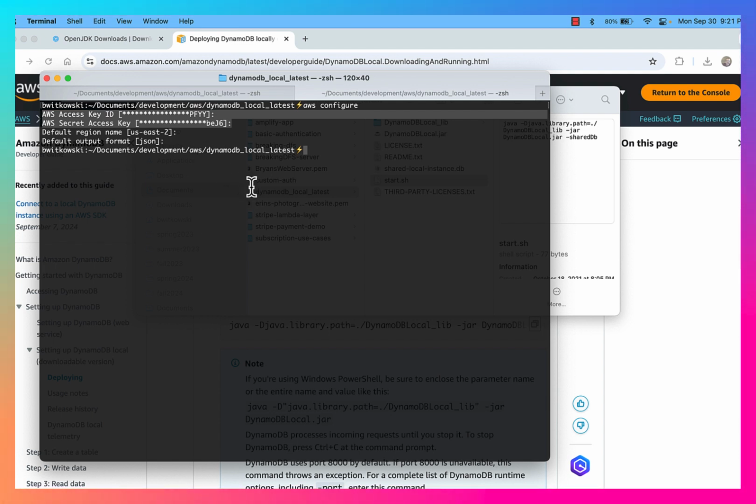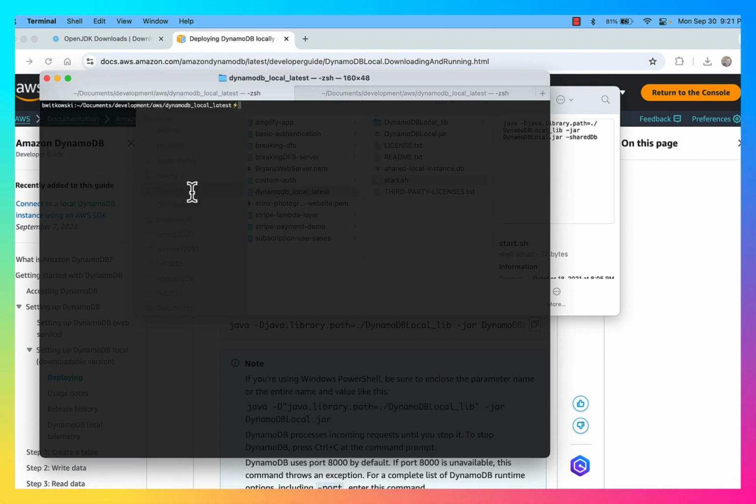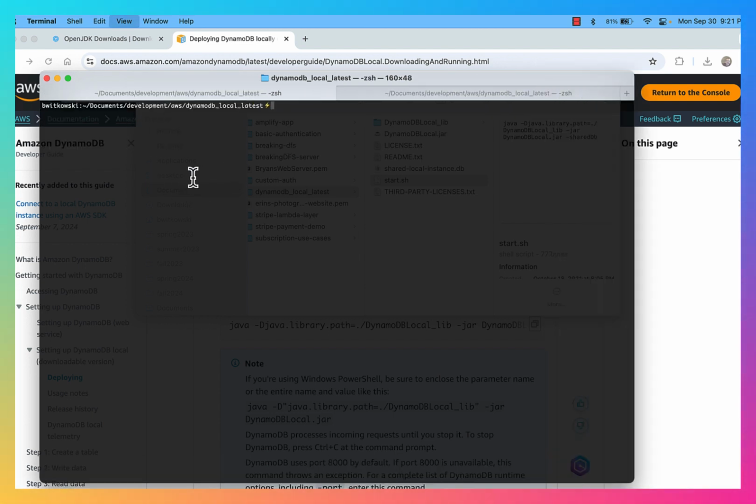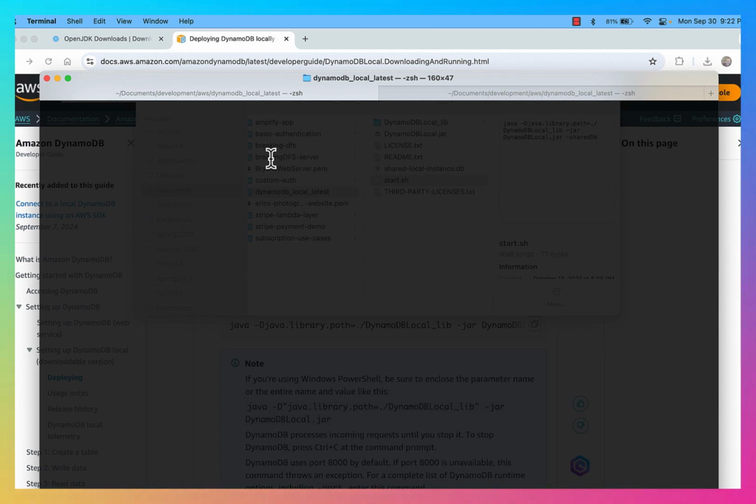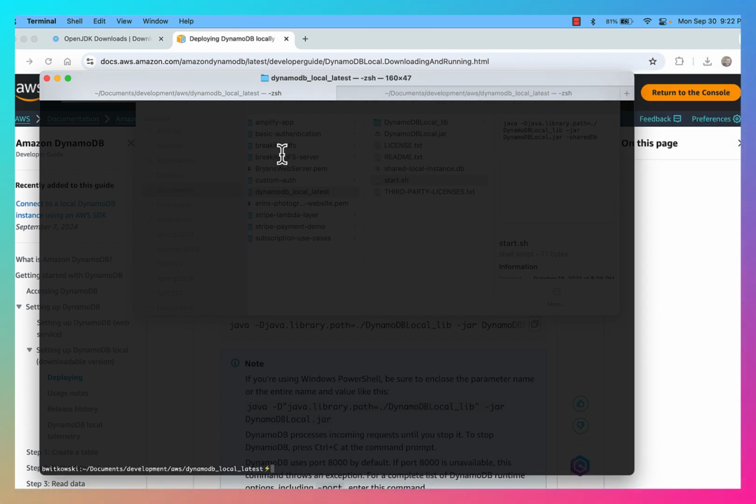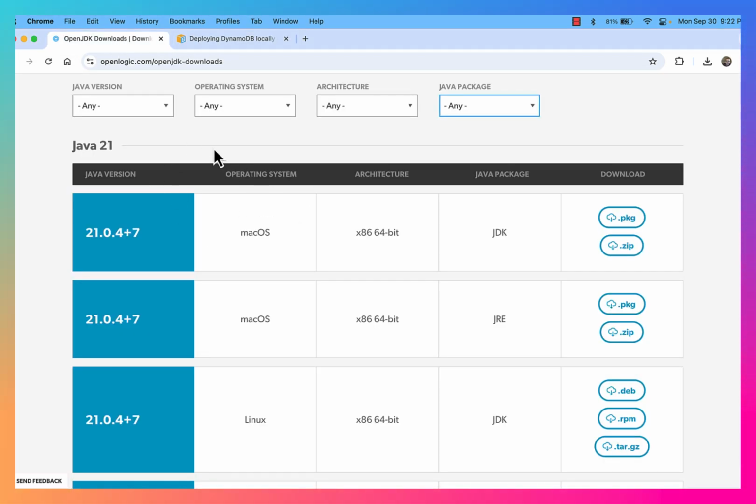Okay, so a couple of things going on here, and I just kind of want to give you some background about what all those things are. So in order for DynamoDB to run locally, we need to have Java installed. Okay, and I just blew up the font there, and now we've cleared off the screen. I blew up the font so we can see it a little better. The first prerequisite is I need to have the Java runtime environment. I typically will download the JDK, but the JDK comes with the Java runtime environment, so I need that as